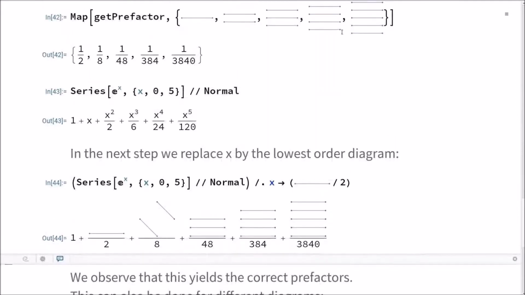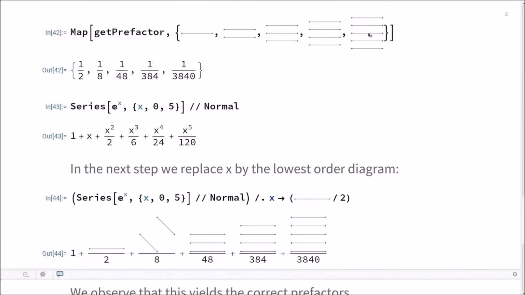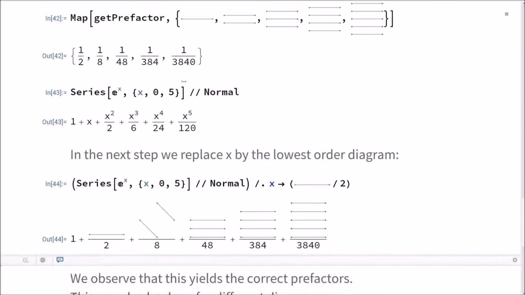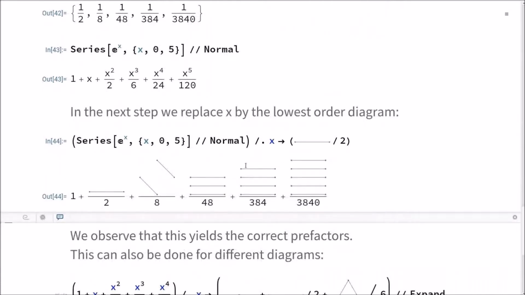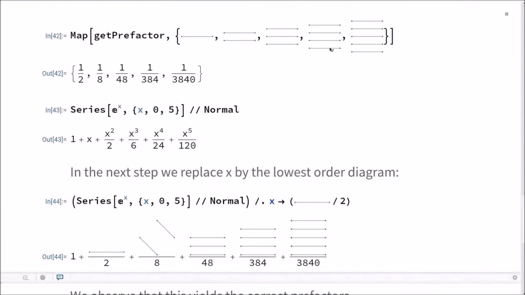Take here the last one. We have here 5 times this connection, so the prefactor is 1/3840. And if we apply this series expansion, we get the same prefactor, 3840, for this diagram. So this is quite impressive and nice, because we can now, in principle, calculate all diagrams to infinite order, if we put this diagram here in the exponent of the exponential function